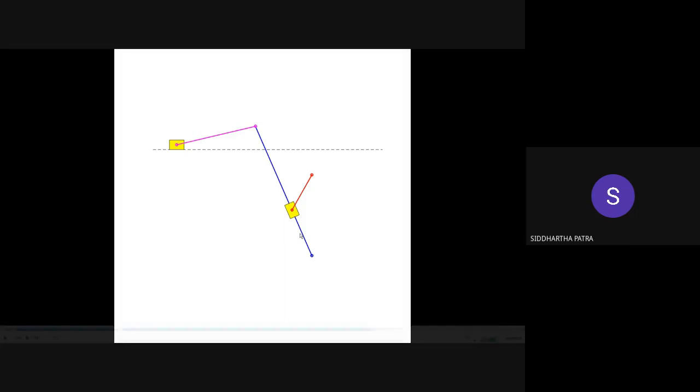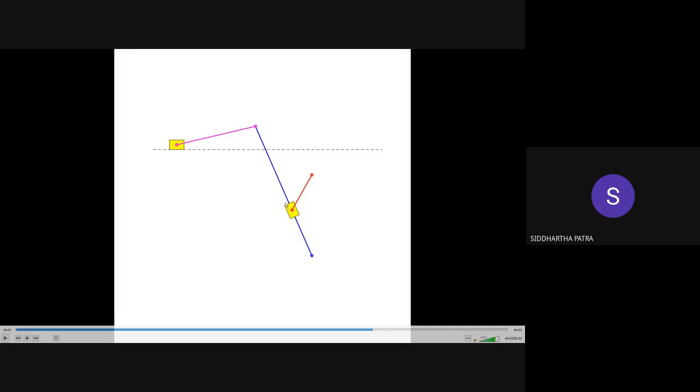A sliding joint would be a slotted arm. That means this rocker would have a slotted arm, and there would be a square peg in that slotted arm. You must have encountered such problems in engineering mechanics. Now, as this crank rotates, this red colored component rotates, the blue colored link, the rocker, would oscillate, and therefore this yellow colored block at the top would move along this horizontal dotted line in a back and forth motion.